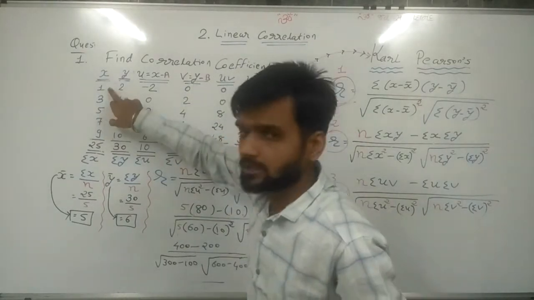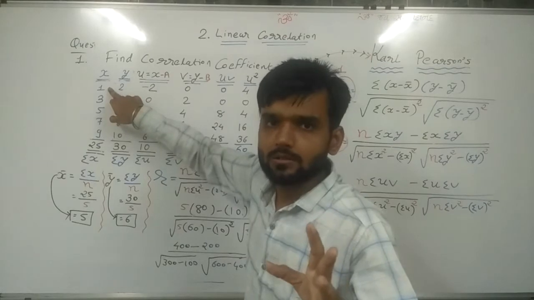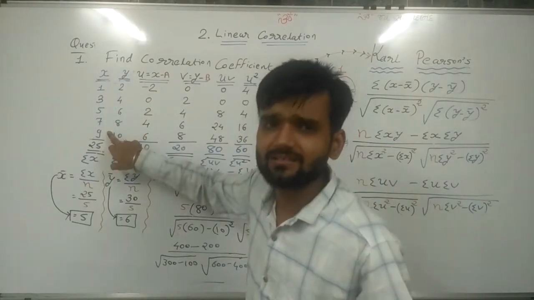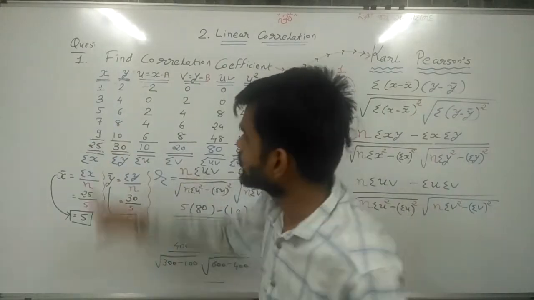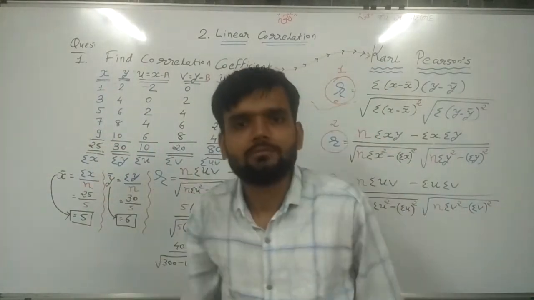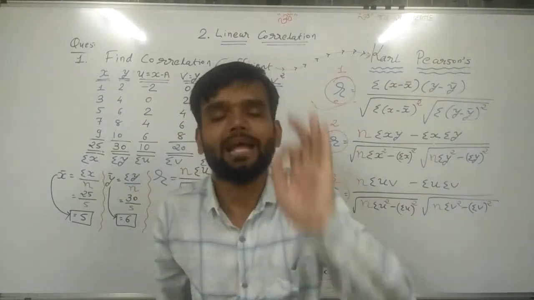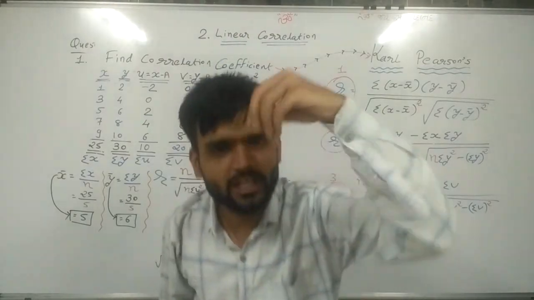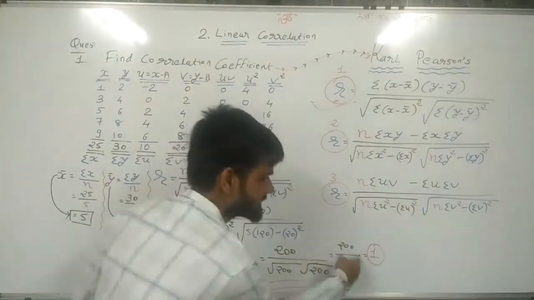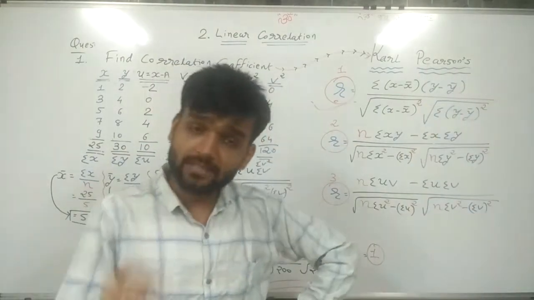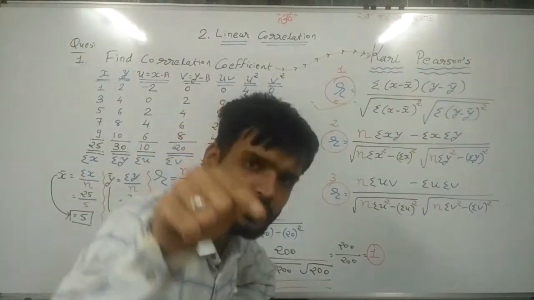If you want to deduct 1, then 1. 3, then 3. 5, then 5. 7, then 7. 9, then 9. Even if you want to deduct 2, here 2 is not given, you can deduct 2 because it's assumed. You can assume anything. Whatever you are deducting, the answer will be the same. The answer will not change anyway. And that is the important thing you need to understand here.